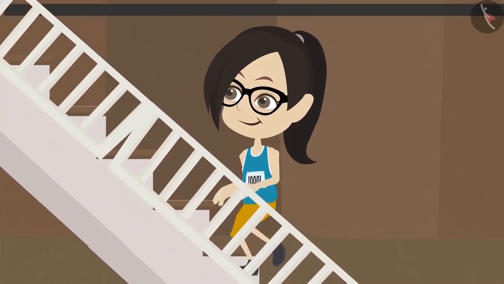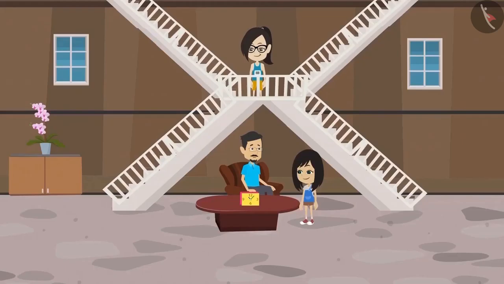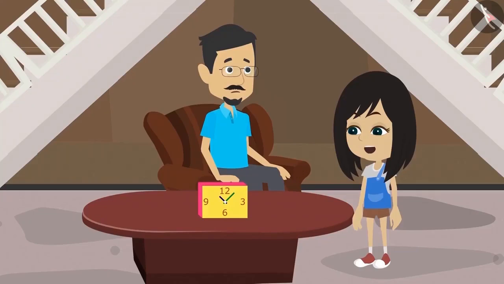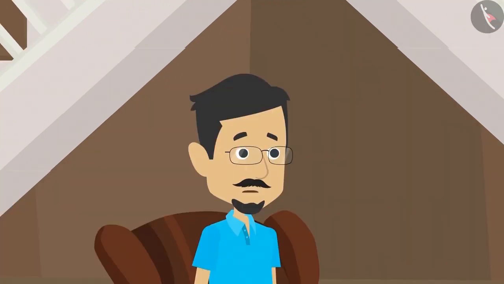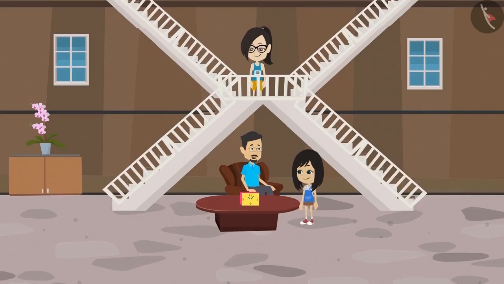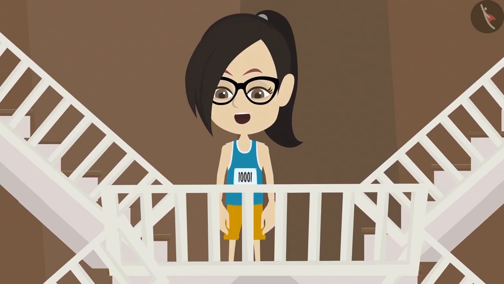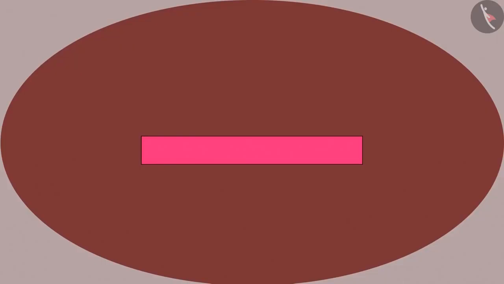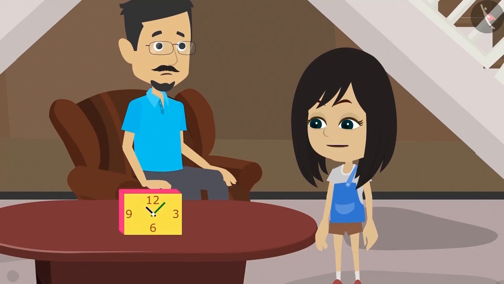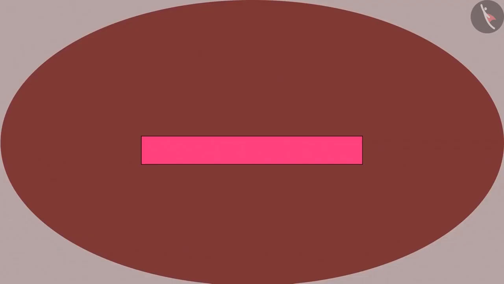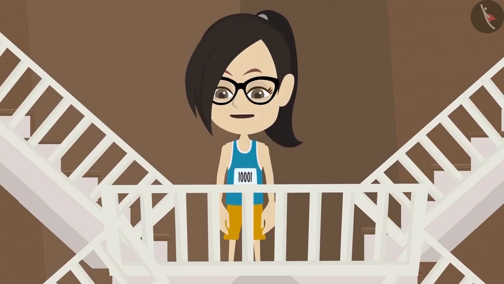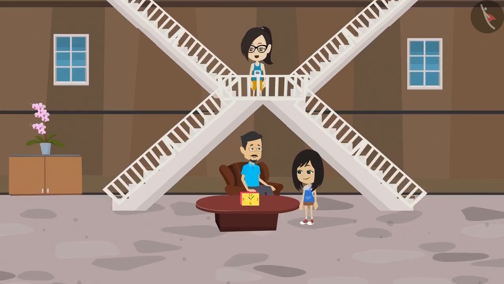Okay. Wow, this clock is very beautiful. Oh, good. You can see the clock now. Vandana, now you tell me, how does the clock appear to you? I cannot see the clock. Instead of a clock, I can see a pink-colored box. This means the clock appears to you the same way it appeared to me, like a pink-colored box. Yes, and you can see the clock, like I was able to see from here.